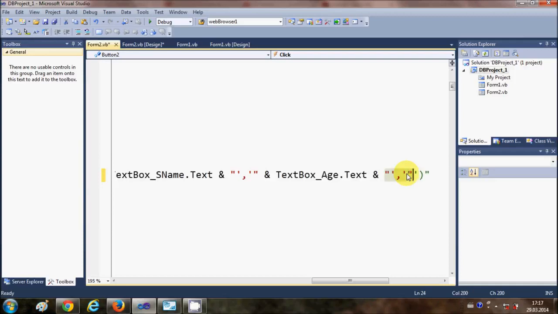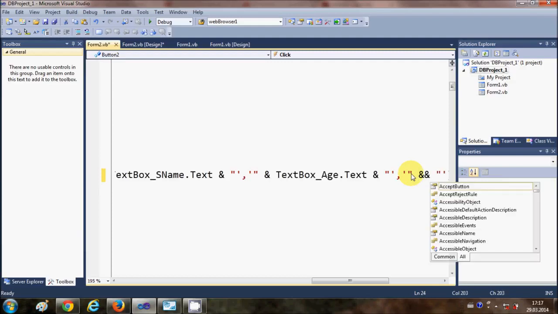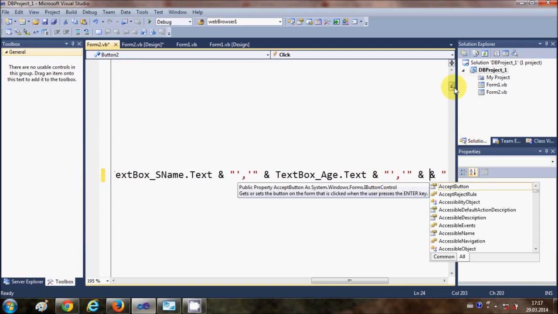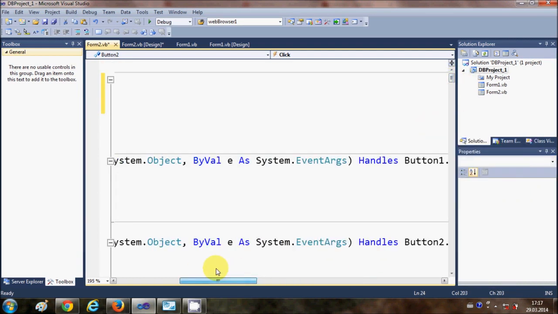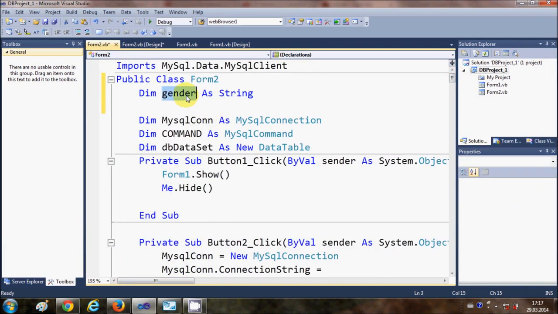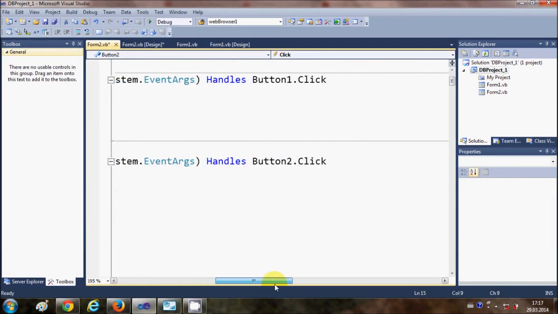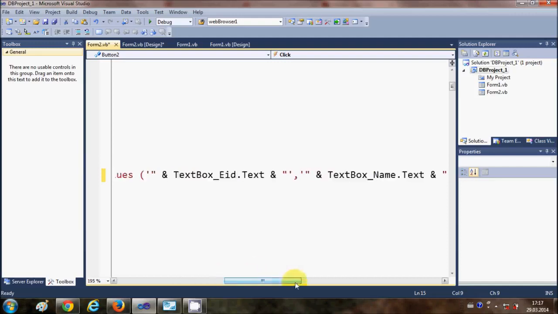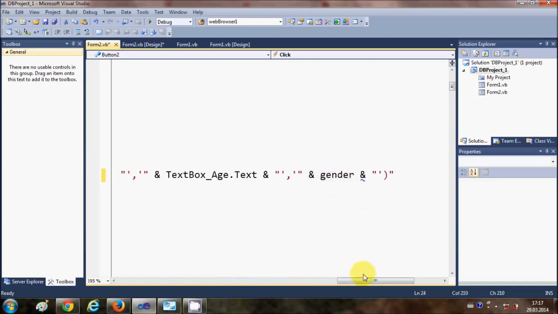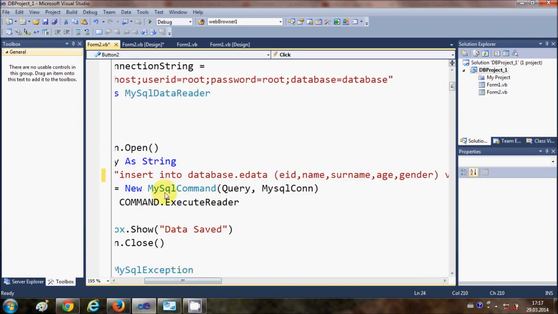Just give this comma, then this double quote, and in between give this and sign, and in between just give the variable name which you have declared above, which is gender. So just copy this gender from here, and in the save button query down, just paste it at the last here. So now your query looks like this: